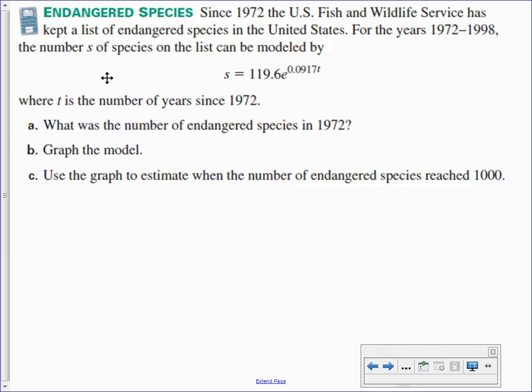How many years have elapsed from 1972 to 1972? Give me one. All right. So you, in your calculator,